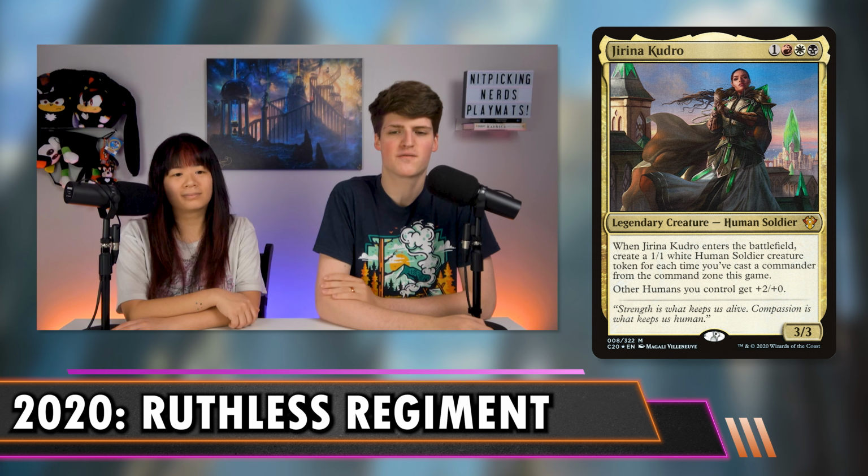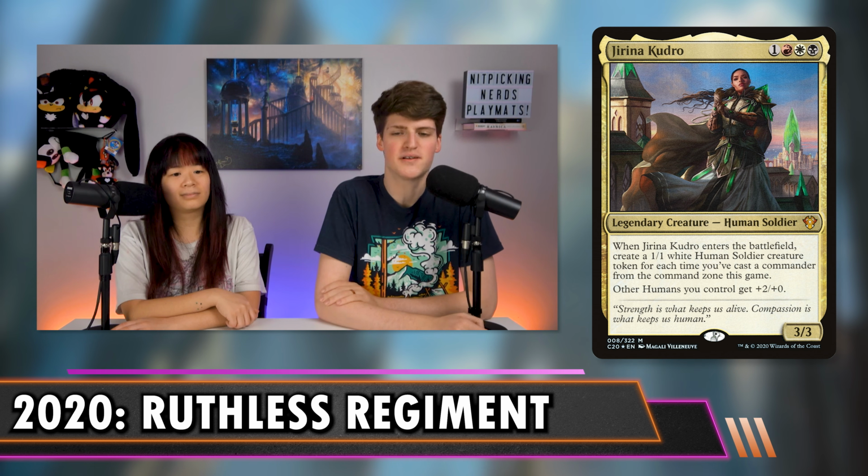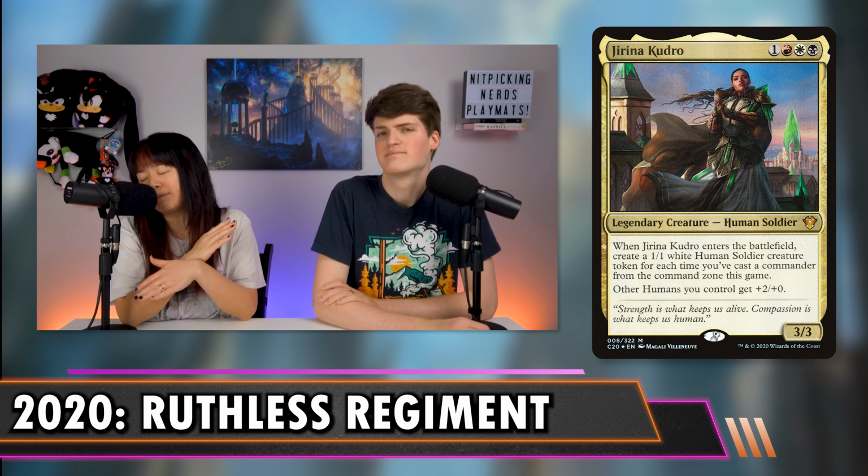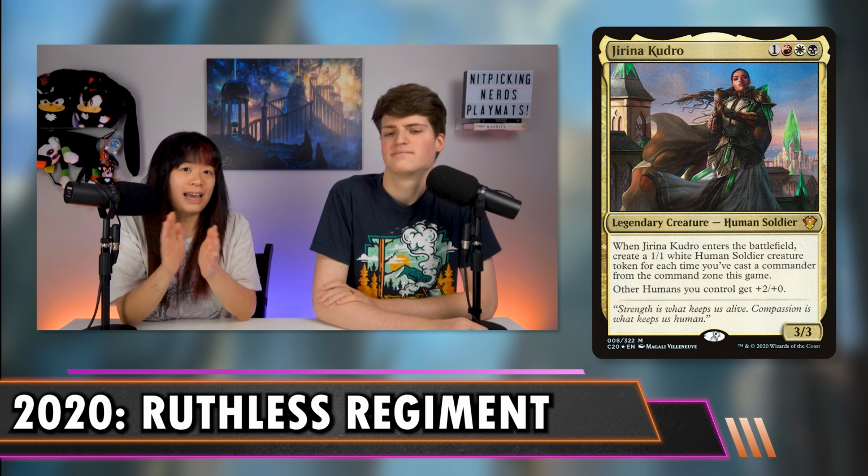ETB, get a 1/1 human for each time you cast her. Other humans you control get +2/+0. Humans come down pretty cheap, and especially with your commander's static ability, they're going to be bare minimum 3/1s and swinging at people with so much damage. You're going to overwhelm the table with a ton of humans and then just swing in and chip away